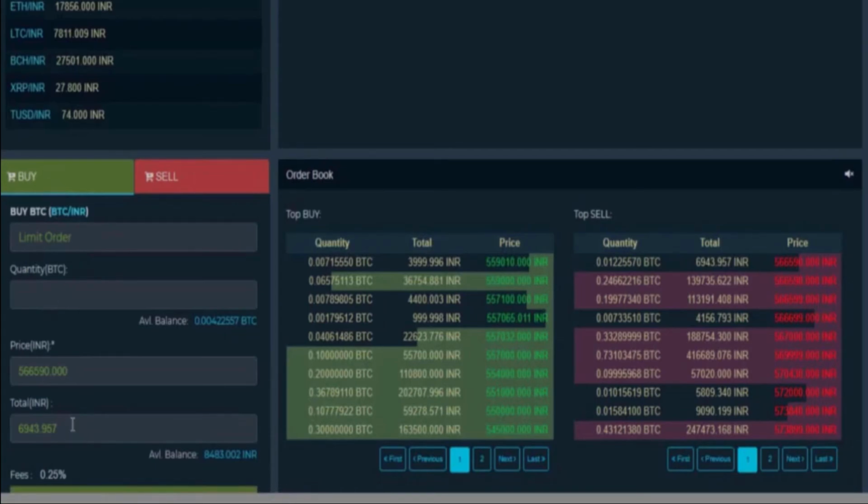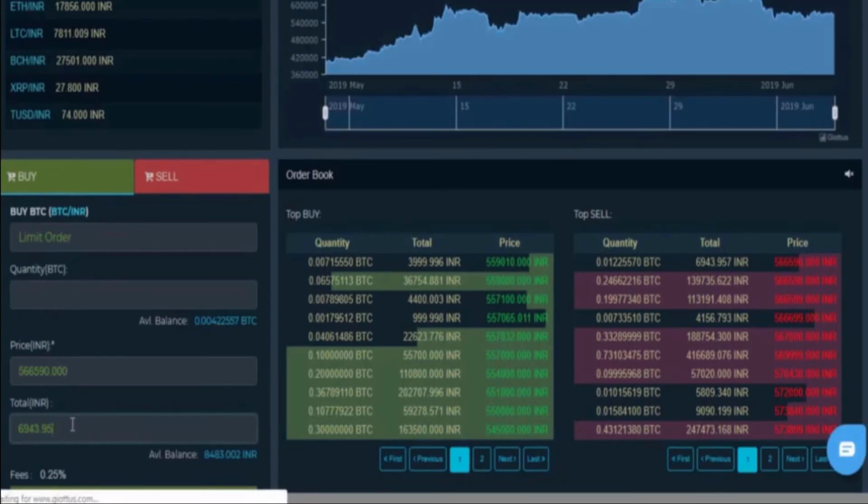So I want to buy Bitcoin of 8,483 rupees. So I will enter 8483 and press enter.